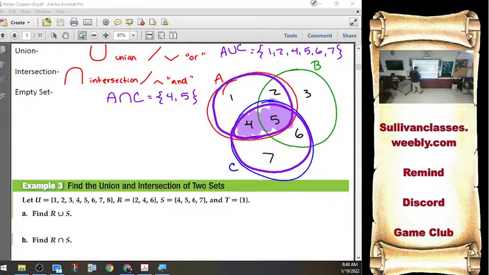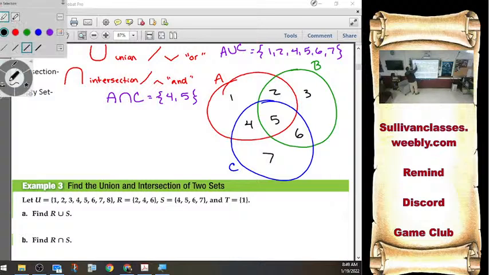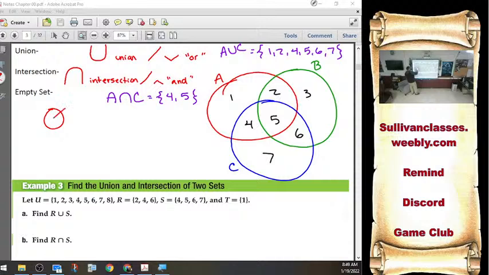Okay. Empty set. We have been using that symbol for an awful long time. We've been using empty set to mean no solution, maybe. Or there's no answer, there's no solution. We use that because technically when I solve an equation,